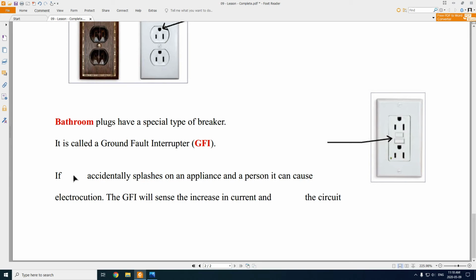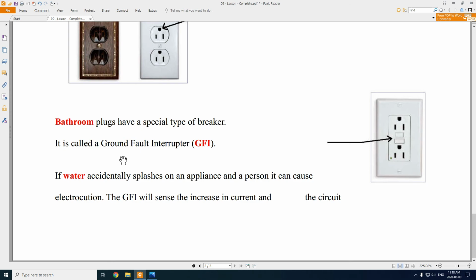The reason is that there is a lot of water in a bathroom, whether it's the sink or the bathtub, and water, at least tap water, can conduct electricity. So if water is accidentally splashed onto the plug or onto an appliance plugged into it, for example a blow dryer that accidentally falls into your sink while you're washing your hands,